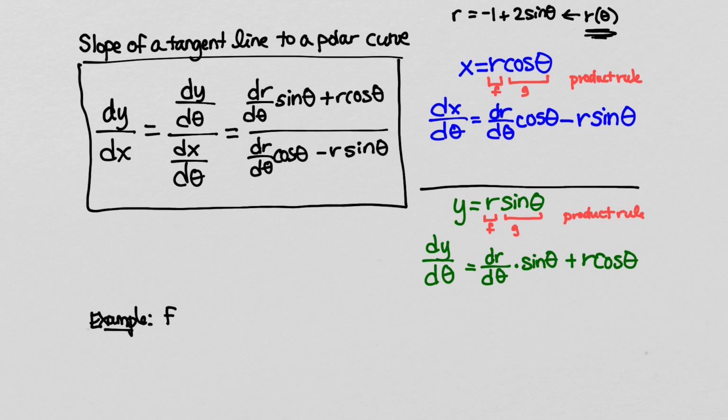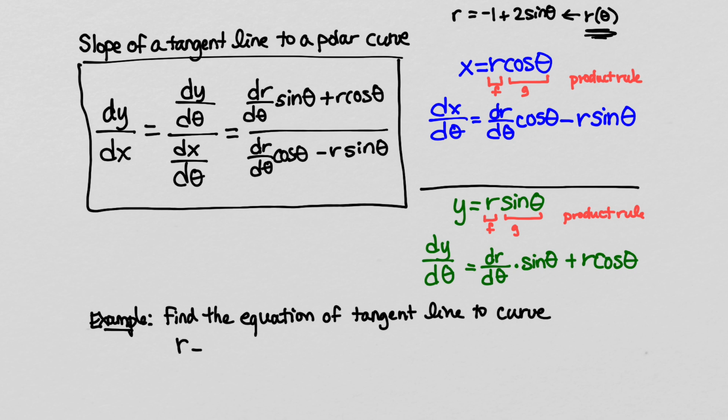Let's find the equation of the tangent line to the curve r equals -1 plus 2 sine theta, might as well just try the one I have up here. Who knows what this is going to turn out to be. At the point theta equals,